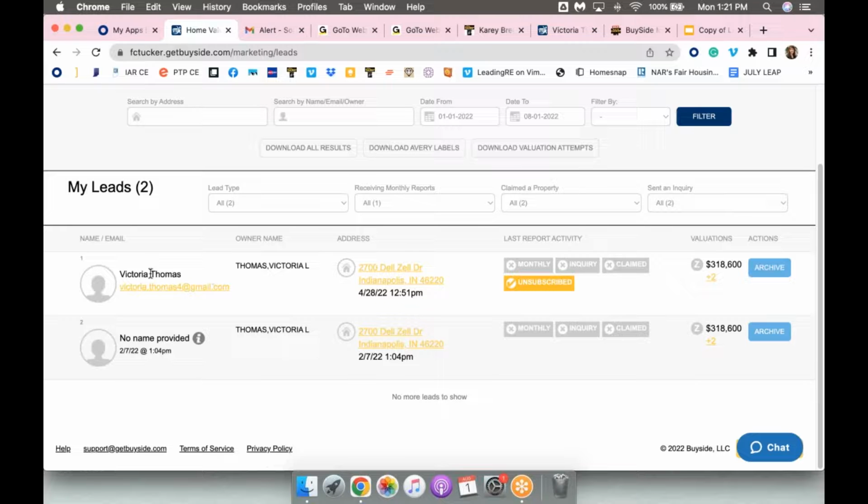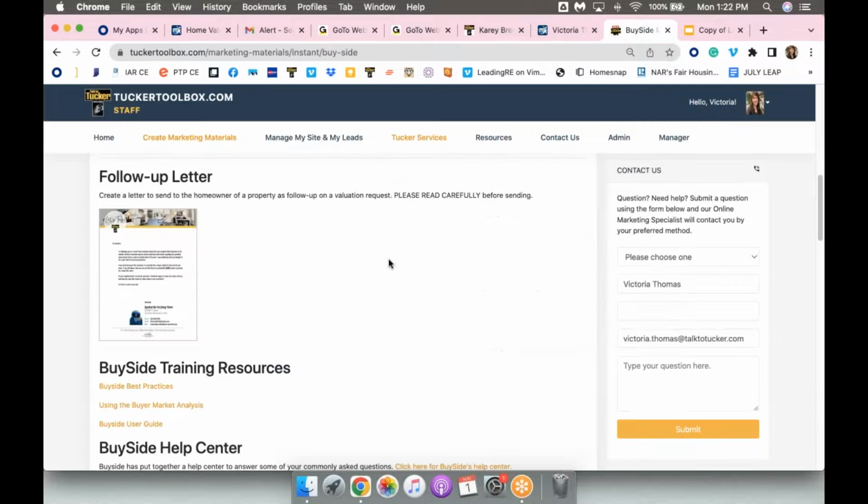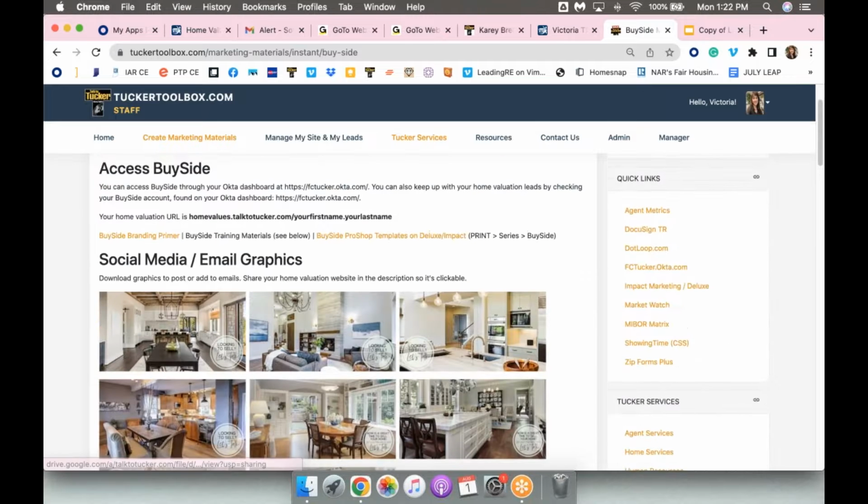And in this instance, it's the homeowner who checked the valuation of her own home. I could say maybe she's thinking about selling and go from there and try to convert this Buyside lead into a potential listing, right? So that is sort of the first leg of this: getting your valuation site out there, capturing people's information, and then converting those leads into listings, which is also where, if I go back into the toolbox and I scroll back up, marketing has already